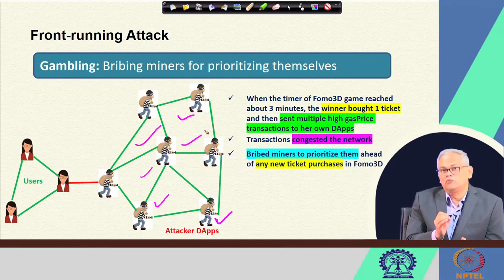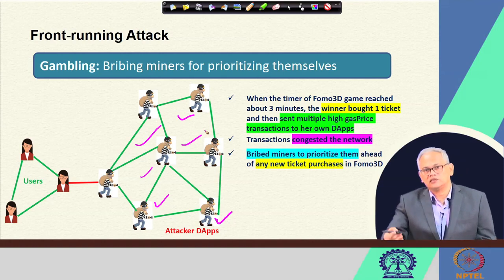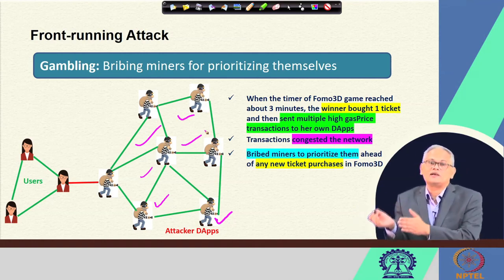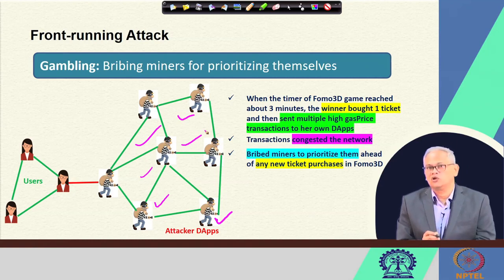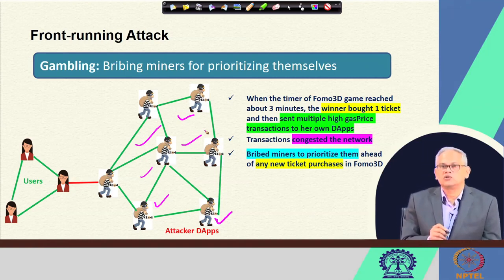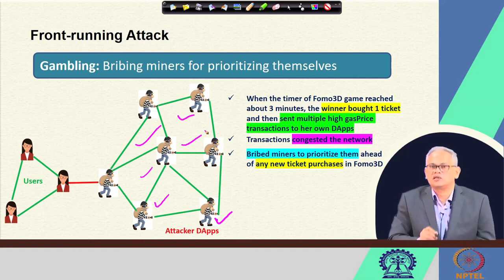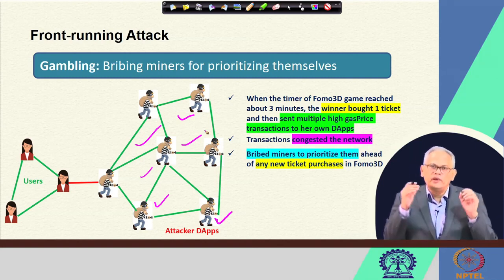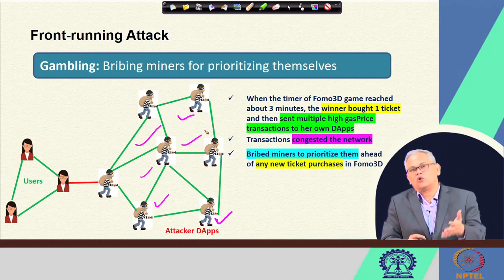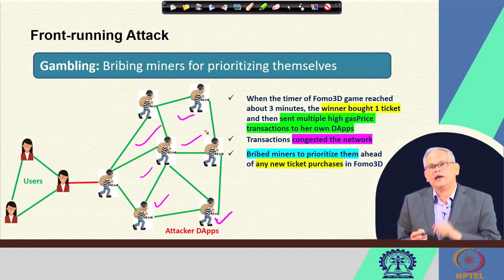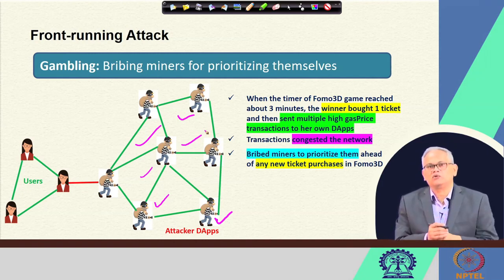Now, remember that the attacker did it, and in order that somebody else purchases the next ticket and extends the deadline, it is important that that transaction also has to go in one of the blocks. What the attacker did was, the attacker ensured that no other transaction actually gets committed in a block. That is the trick that the attacker played. How could it do it? It actually flooded with a lot of such DApps and then made multiple calls to those, which caused the network to be congested, and only the attacker's transactions through these DApps were now getting committed to the blocks,